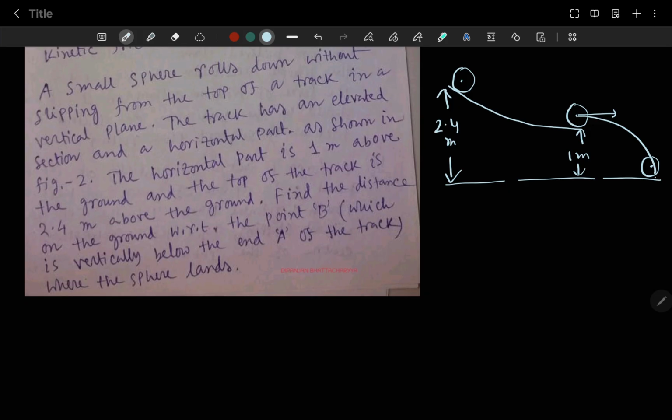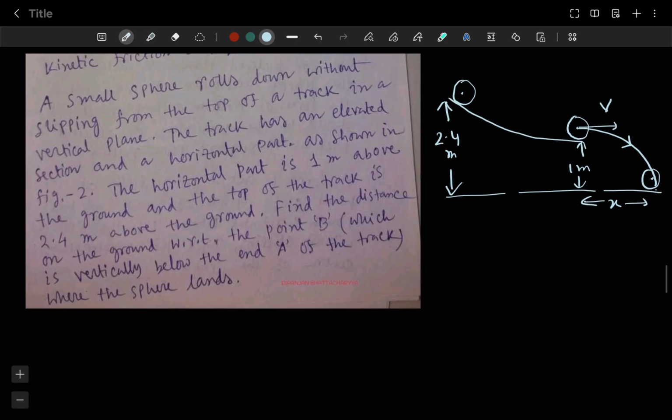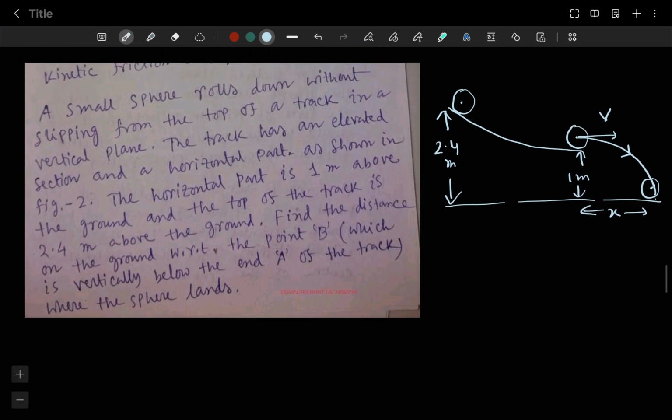Okay, so they have asked you this distance x. So it is the case of horizontal projectile, right? So what you need to do is to find this velocity v. So it's just conserve the mechanical energy and get it. Okay, so here on these 2 points,